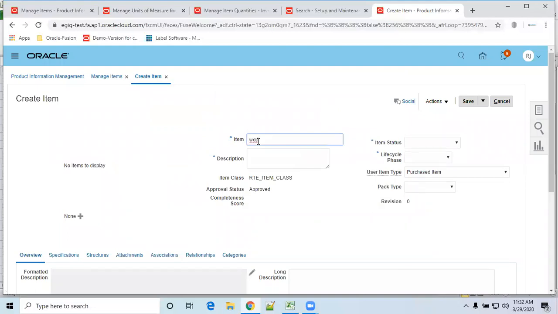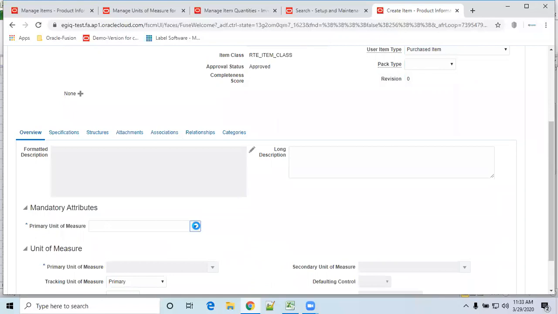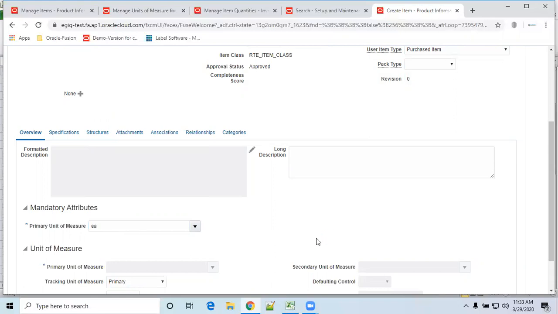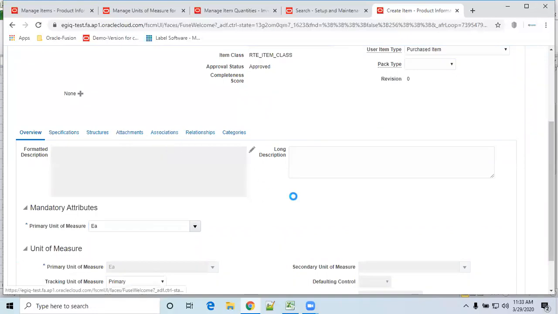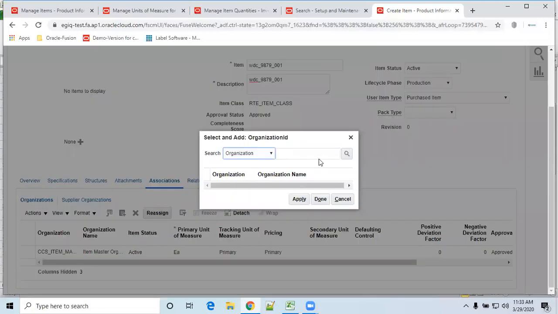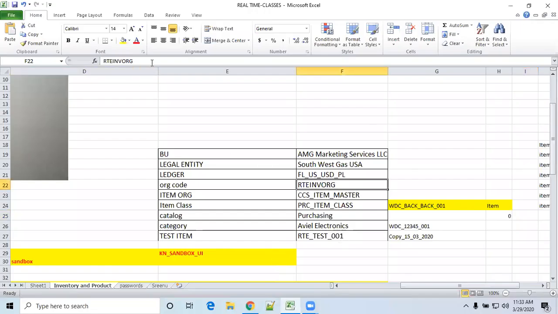Now WDC 89001, item status active, life cycle production, and here this will be each. And the remaining you can keep as it is. So here, what is our inventory org? RTE inventory org.